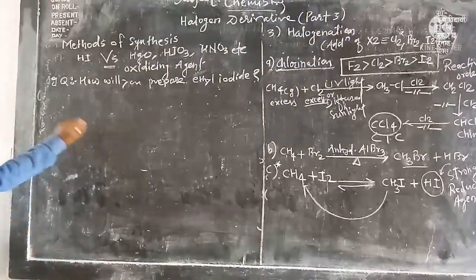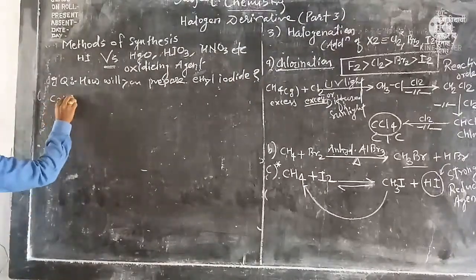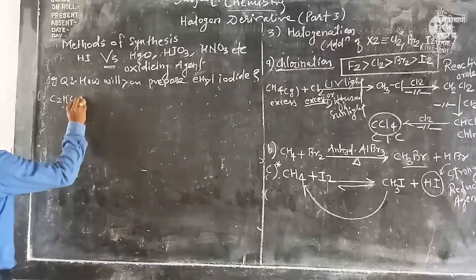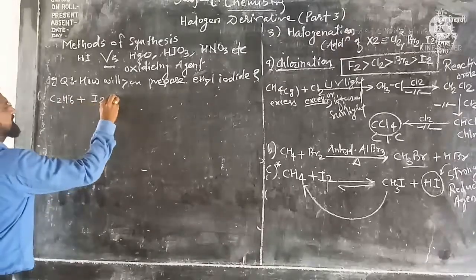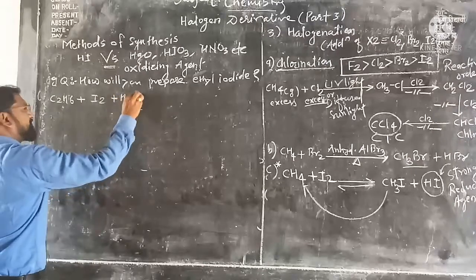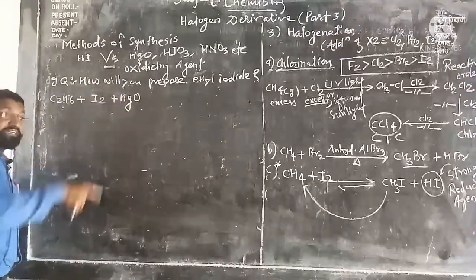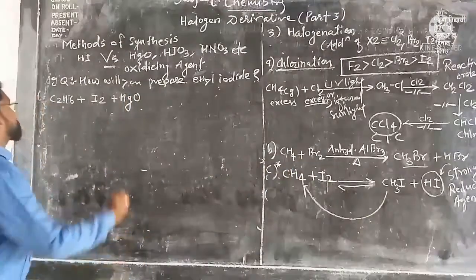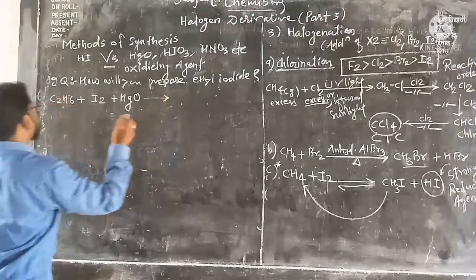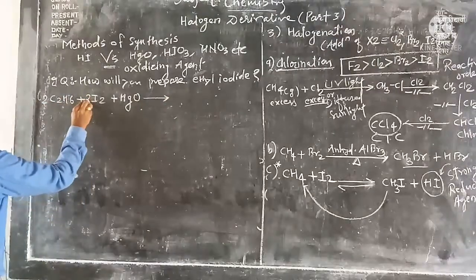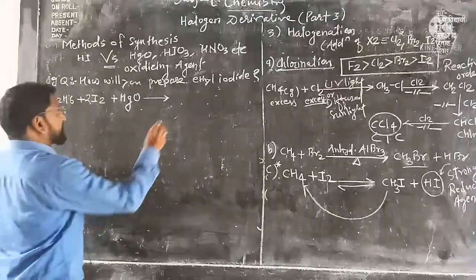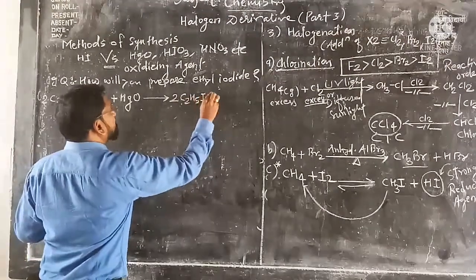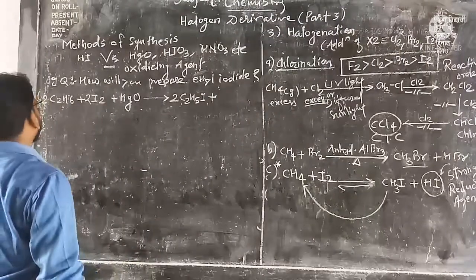Then see here, take first C2H6, this is the alkane as usual. After that we take I2, after that we take an oxidizing agent intentionally, in order to prevent reversibility of the reaction. Let us balance the reaction, twice C2H5I plus